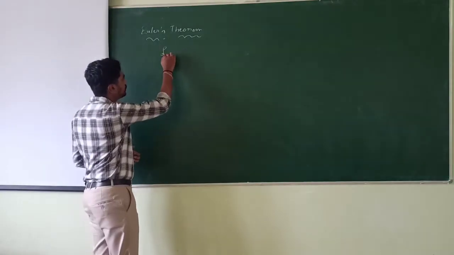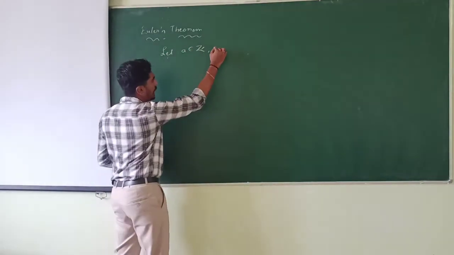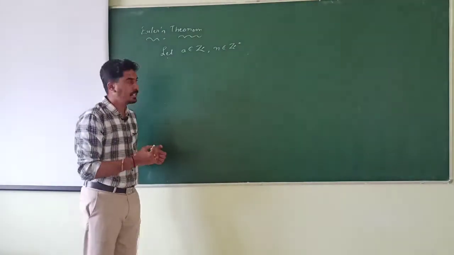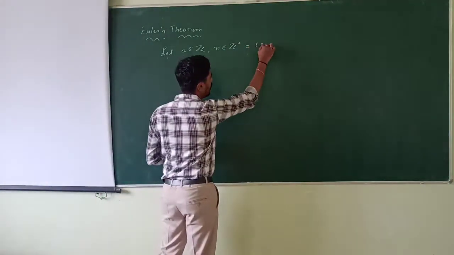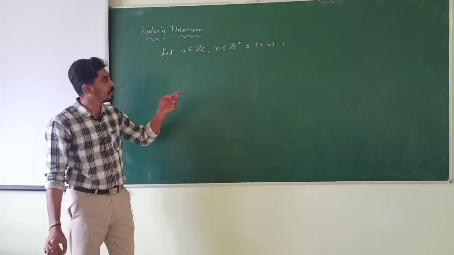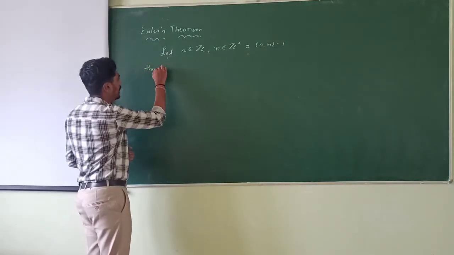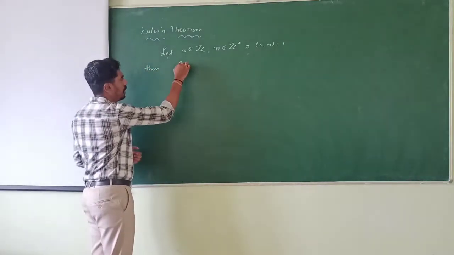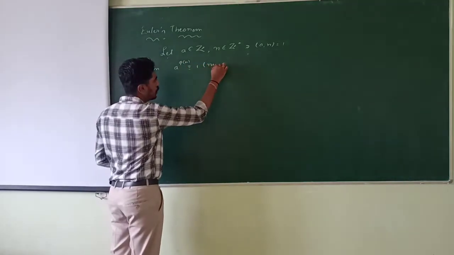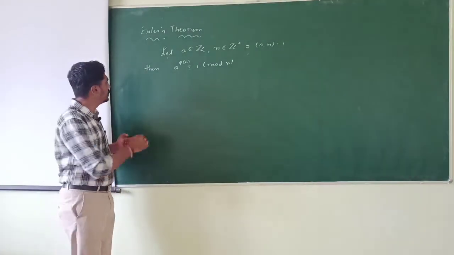Let a be an integer and n be a positive integer such that the GCD of a and n is 1, that is, a and n are relatively prime. Then a to the power of phi of n is congruent to 1 modulo n. Okay. To prove this,